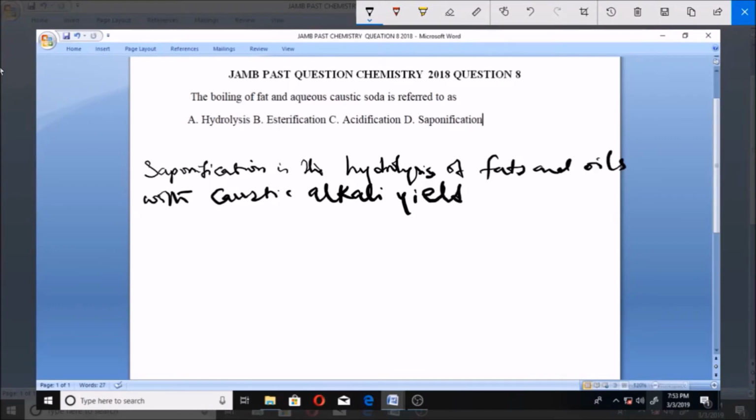Hydrolysis of fats and oil with caustic alkali, yielding or producing propane-1,2,3-triol and the